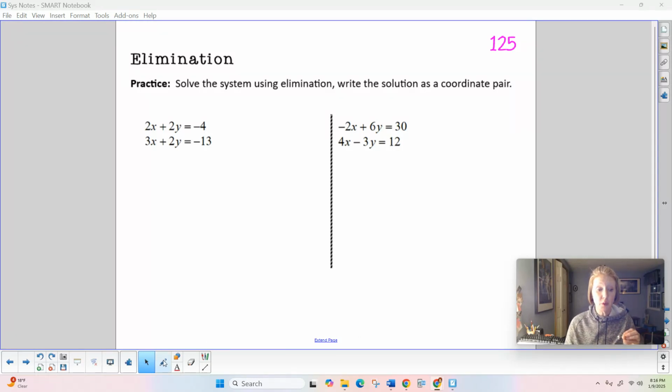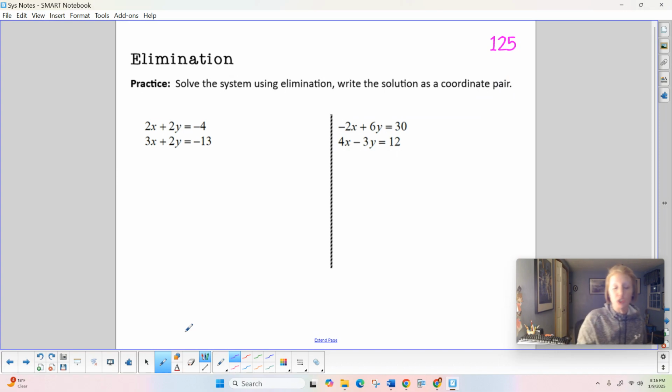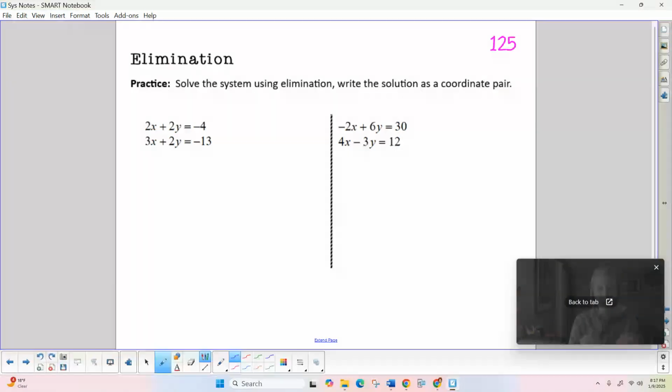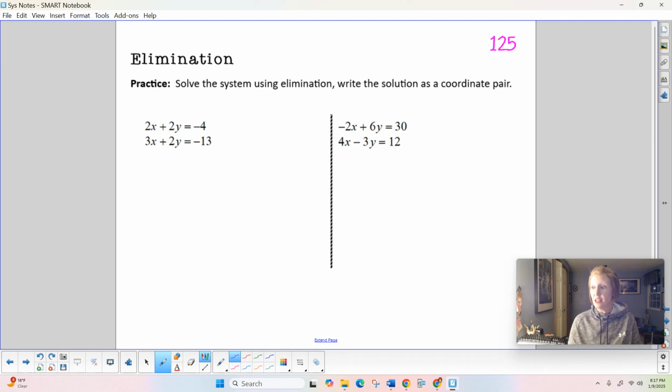Okay, everybody, so here's what we're going to do. You're going to go to page 125, and you're going to go through and solve this set. Go through and answer these questions. No decimal numbers, just 125, not 126. Solve these the best you can, no decimal answers, and then you're going to come back to the video and